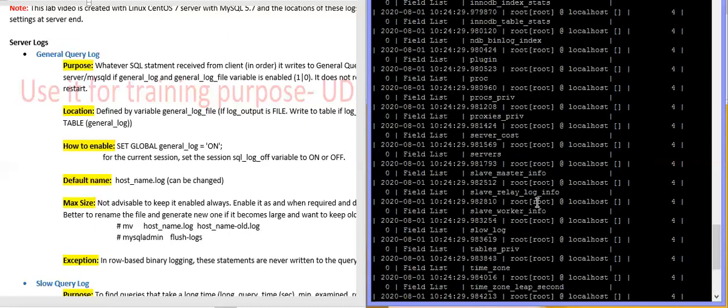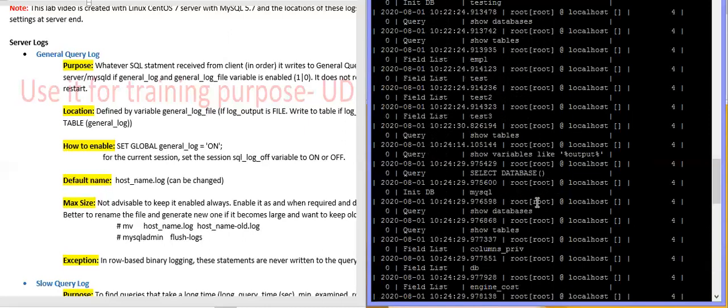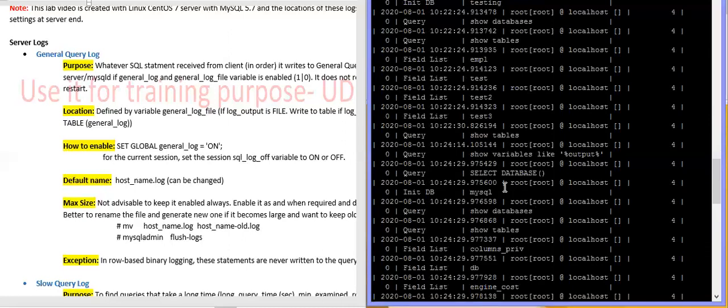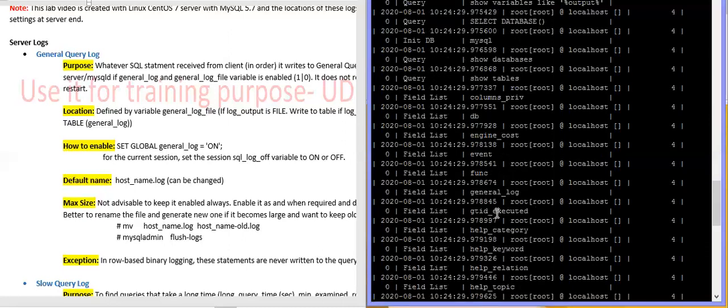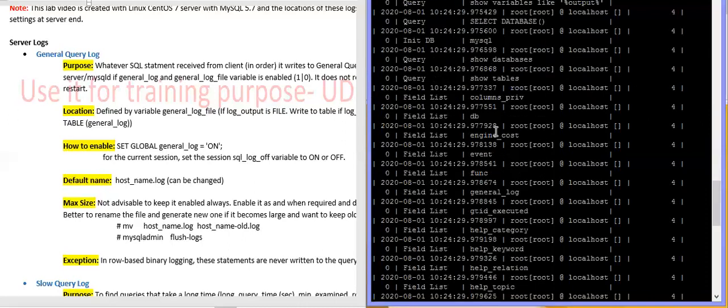Yeah, you can see here. So with the log output variable set to table, all the commands are coming into that table.